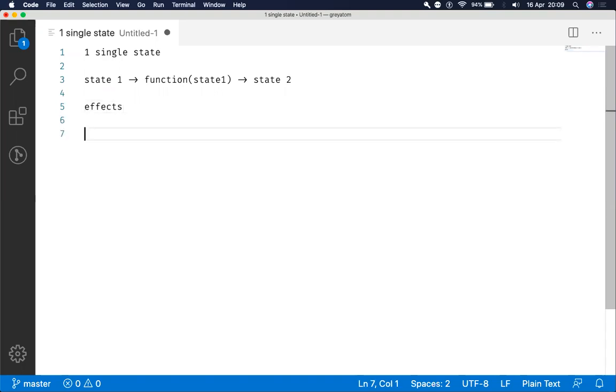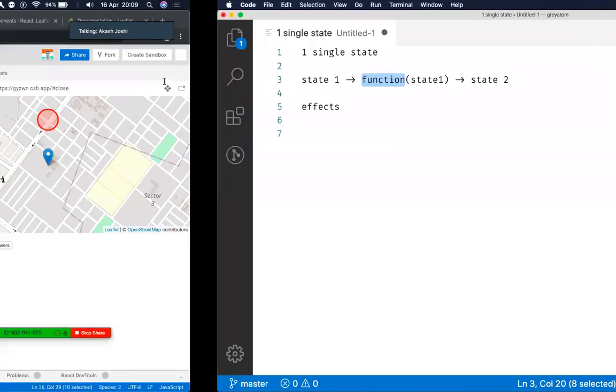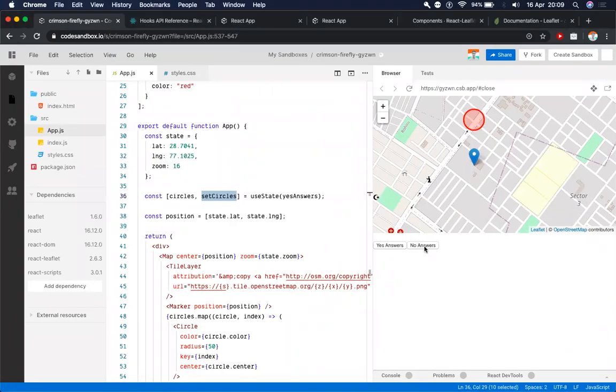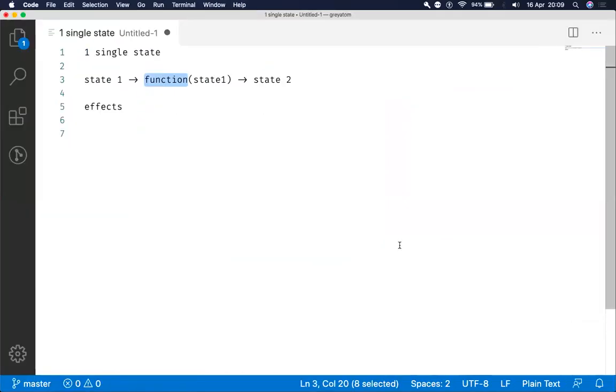I'm giving you the basics of functional programming so the React documentation makes much more sense to you. Effects are basically things which cause the state to change. So here the effect that we are applying is clicking on no answers or yes answers. But then there are other things known as side effects.